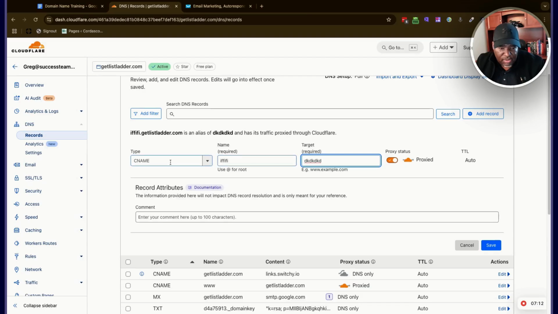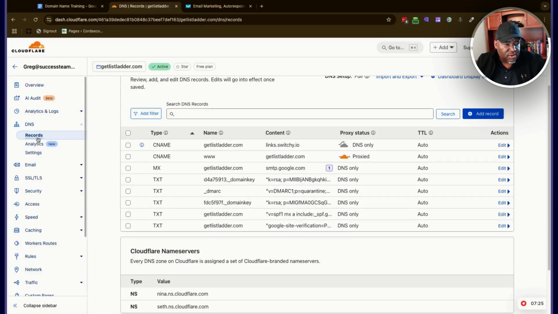Most of the time with CNAME records, you turn this off. But again, if it works with it on, you can test it. If it doesn't work, you just turn it off. Everything updates in a matter of seconds or minutes, and you can test it out. So again, this is how you update these DNS records, how you can control your records for DNS. These are the only things you need to do inside of here so that you can control your DNS.